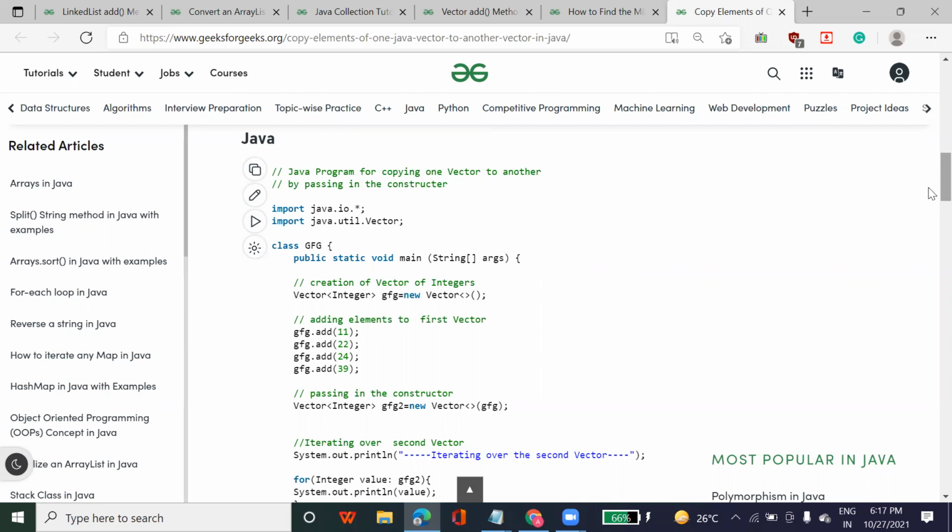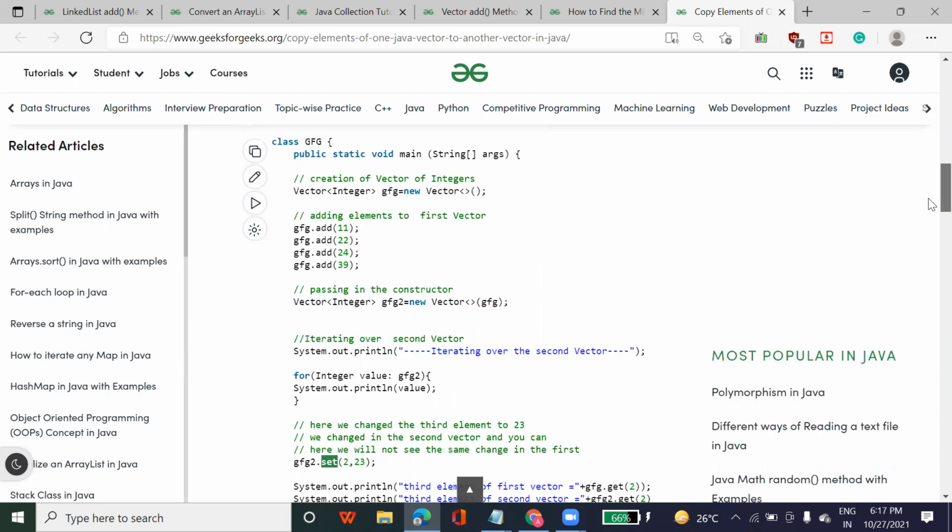Okay, but why do we use collection? Predefined functions are there, but I haven't said package. What did you understand from the collection program? Array list, linked list. Minimum function, maximum, set function, add function, remove, clear.